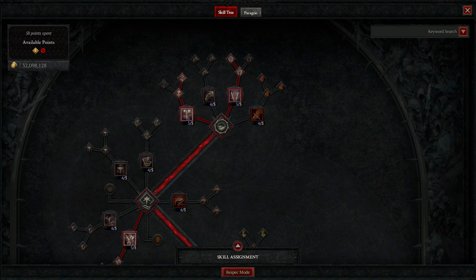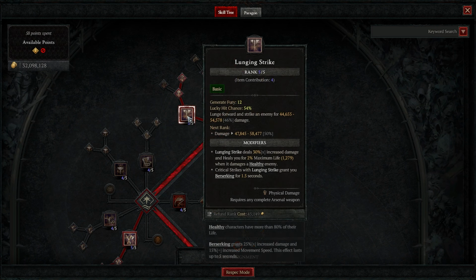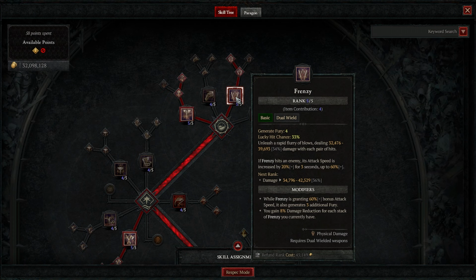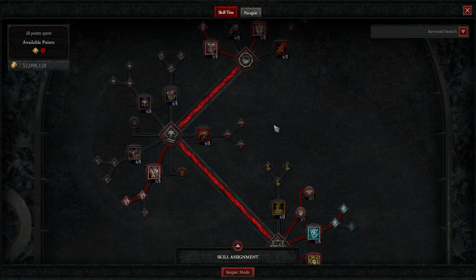In the skill tree I have two basic attacks, Lunging Strike and Frenzy. I did this because I sometimes switch the attacks. The advantage of Lunging Strike is the mobility and the high resource generation. You have to use it especially against sorceresses. Against other Barbs you can benefit from the extra damage reduction with Frenzy, but I also often play Lunging Strike